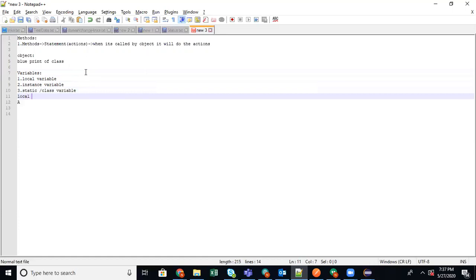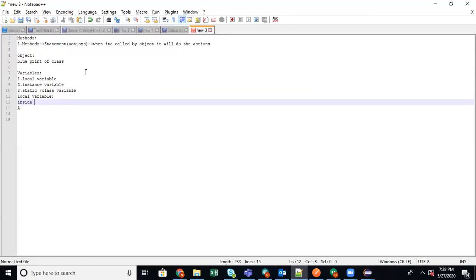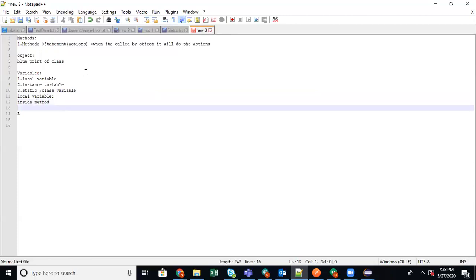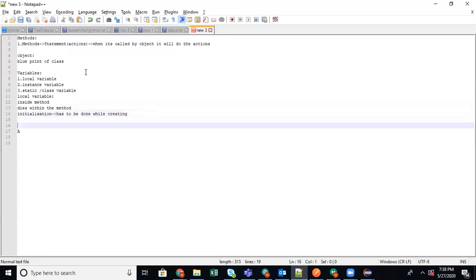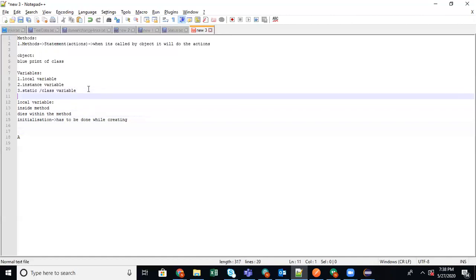A local variable is a variable which we declare inside a method. The life of the local variable dies within the method. And initialization has to be done while creating it. So this is a local variable.